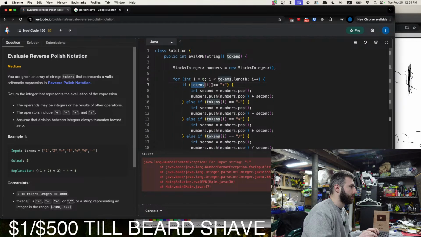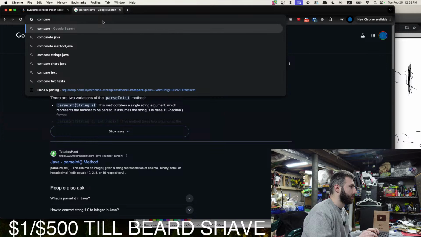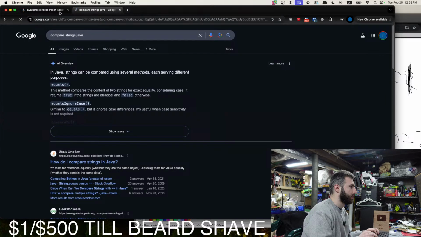I clearly tell you if it's equal to... am I doing that wrong? Should it be dot equals? Compare strings Java. Yeah, dot equals.